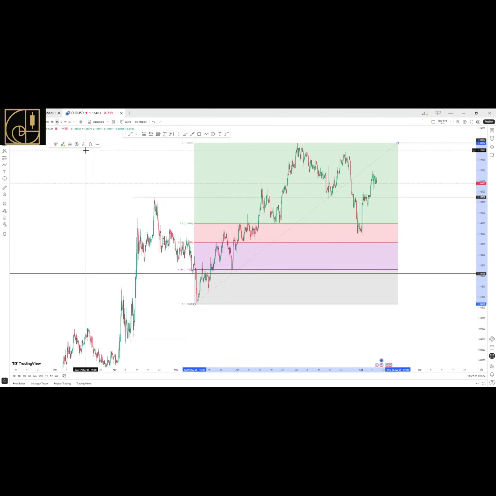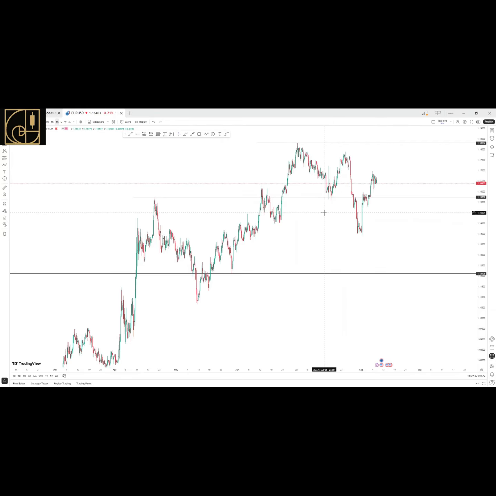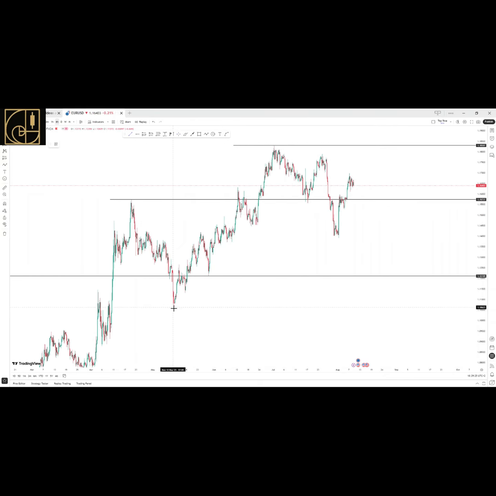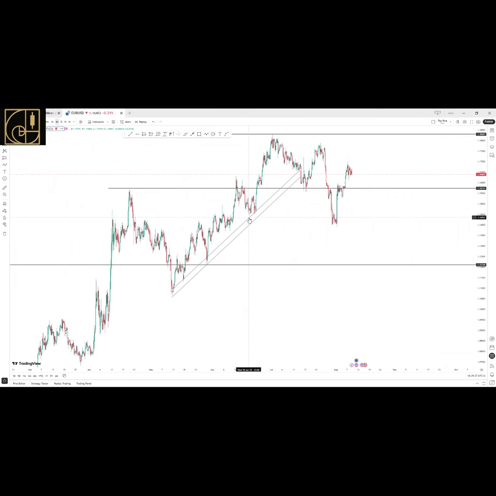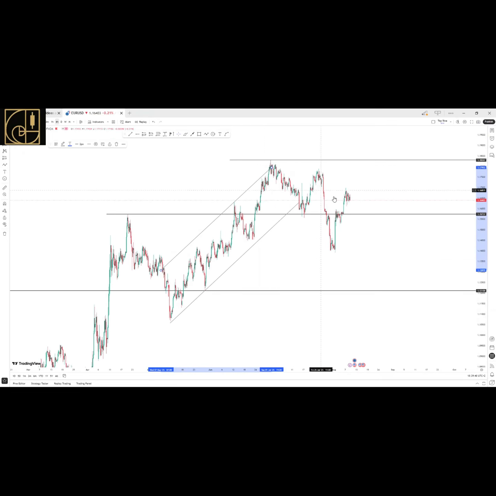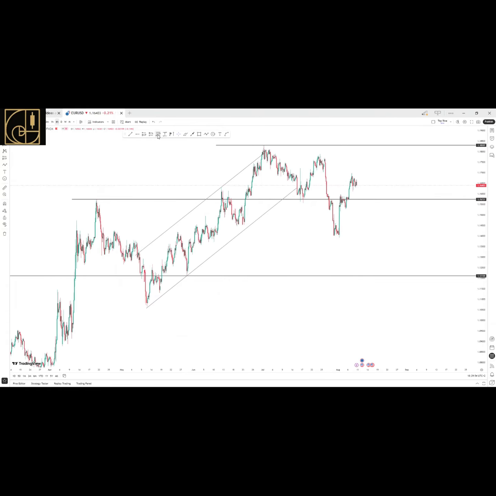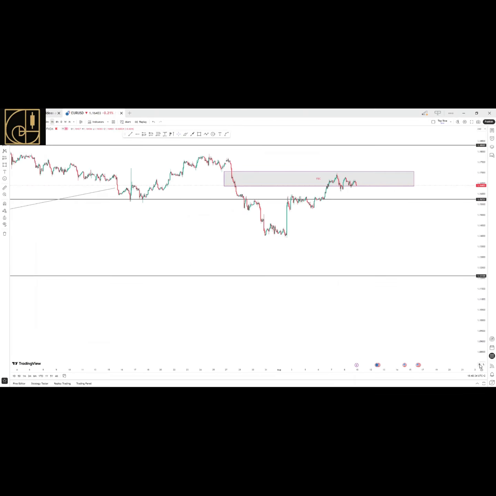So here we have a bearish channel. This is a bearish channel which indicates reversal. As you can see, a double top with equal highs. Now I'm drawing my Fibonacci there. As you can see, the price is at our point of interest between 61.8% and 78.6%. My bias is leaning bearish as long as we stay below $1.18300. But I'm also aware that a clean breakout above could trigger a bullish continuation towards the next major supply